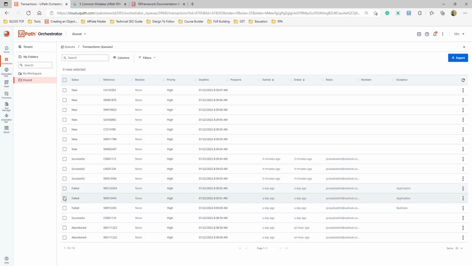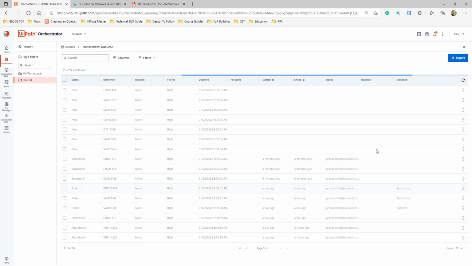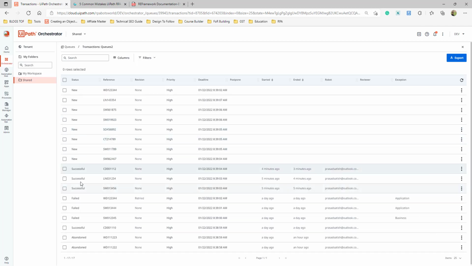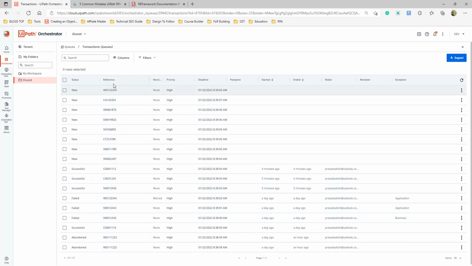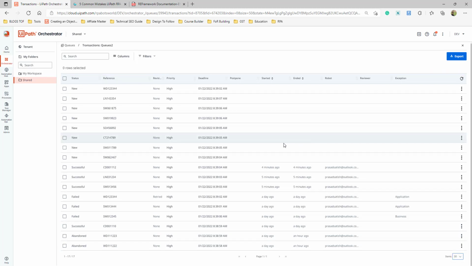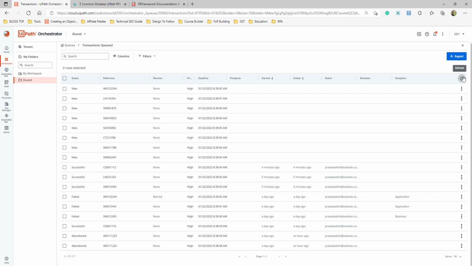So you should be able to clone it. Or what you can do is, say for example, if it has failed, you should be able to retry the item. When you click on retry, a new item would be created having the same reference number. I don't know if I can sort it, but you will see that a new item has been created with the same reference number.